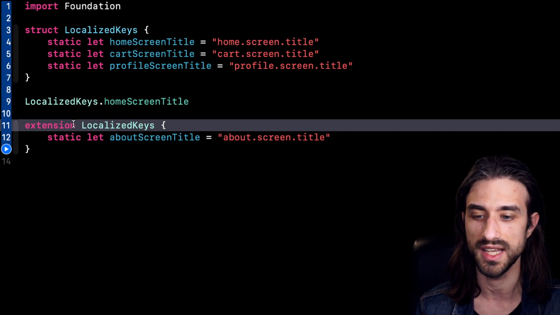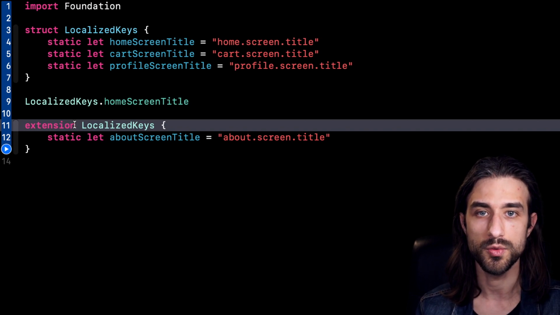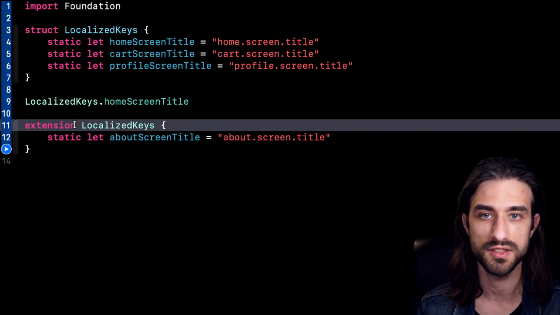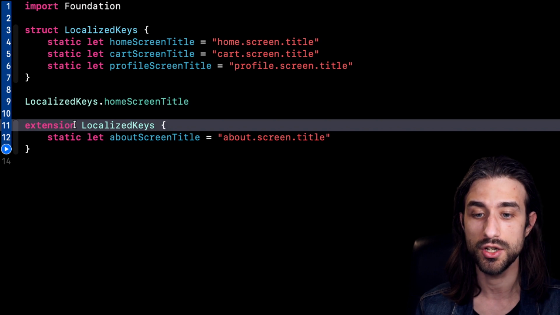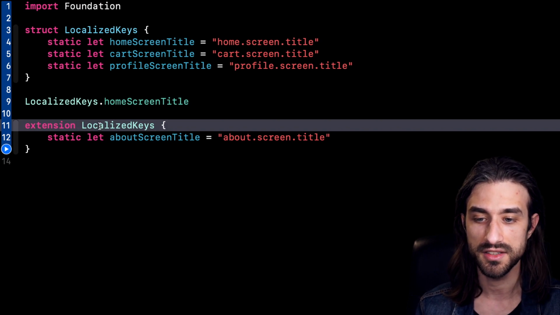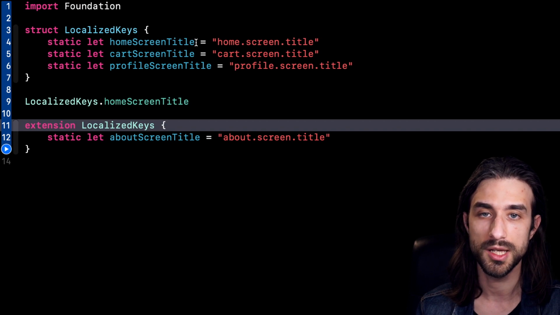You can use this extension mechanism in order to add new constants to the type. Now, of course, on the other hand, we no longer have this property of the compiler being able to check for exhaustivity, but it's not really a problem here because it doesn't really make sense. For instance, there shouldn't be a use case where we need to do a switch over all of the possible home screen titles. Usually what we do is that we take the constant and we use them as an input to an SDK string. So having lost this ability is not a real problem in this case.